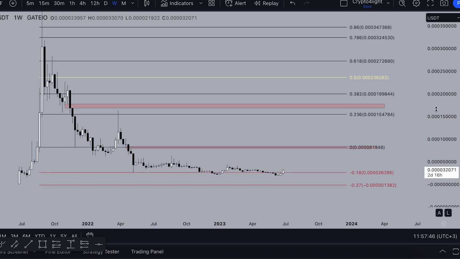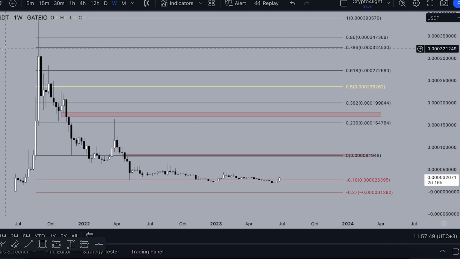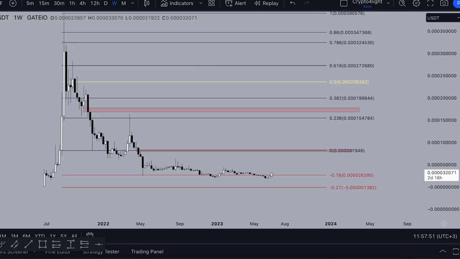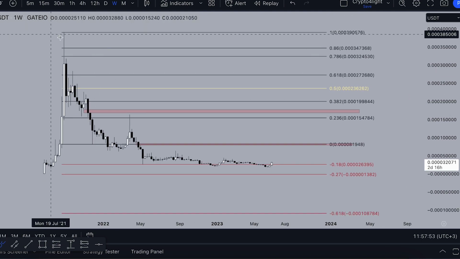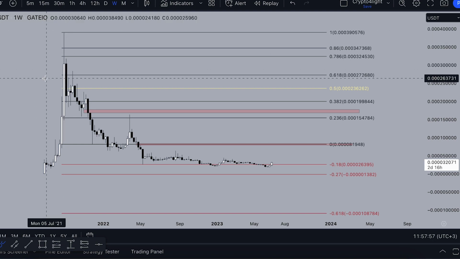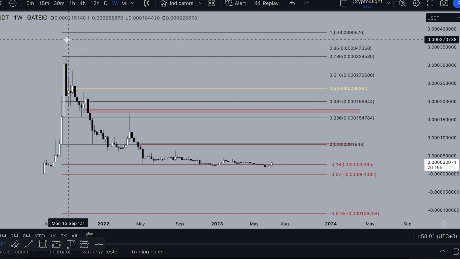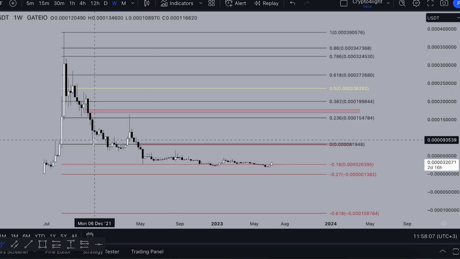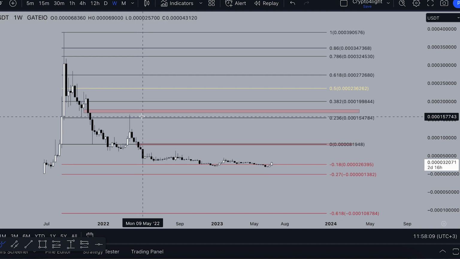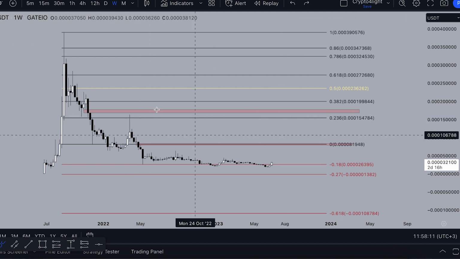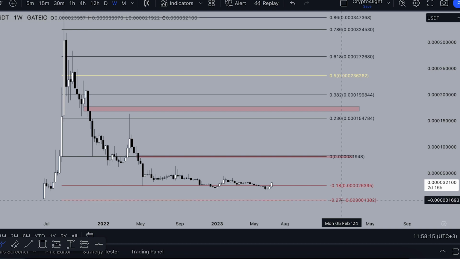If we take a look at the weekly time frame FIB, this FIB is legit. You can see we got a top here in August 2021, because all coins which listed after April and May make a new high around August or November. So this is a top, this is a support zero level. We tested 23 and collapsed down to the 27 zone. Here, we didn't touch the 27 level.